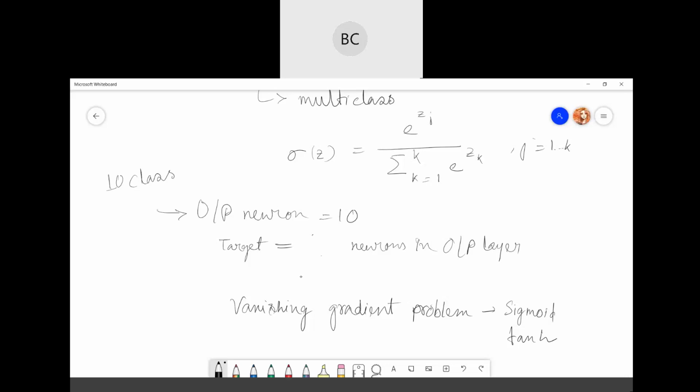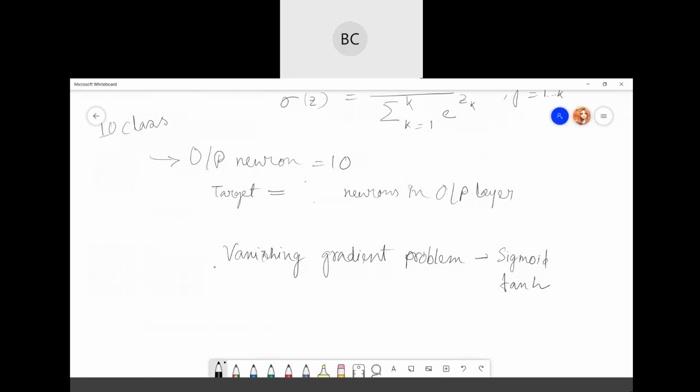ReLU is the general activation function and is used in most cases nowadays. I would suggest that if you go for ReLU, you will get good results without many side effects. But if you encounter a case of dead neurons in your network, ReLU sets all the negative values to zero, so some neurons might not be updated at all during the learning process.